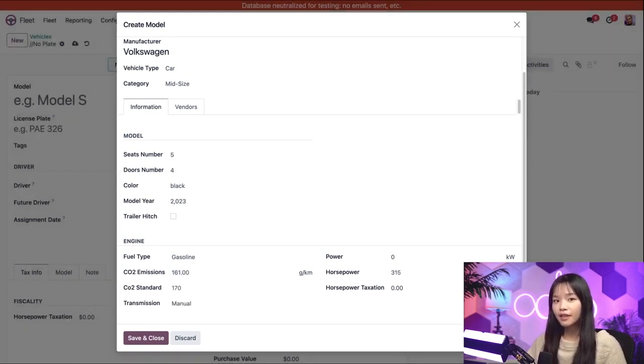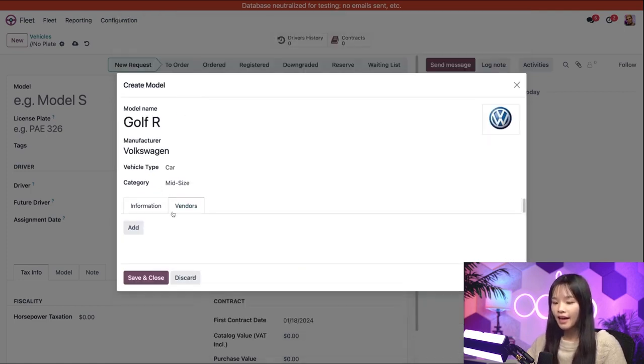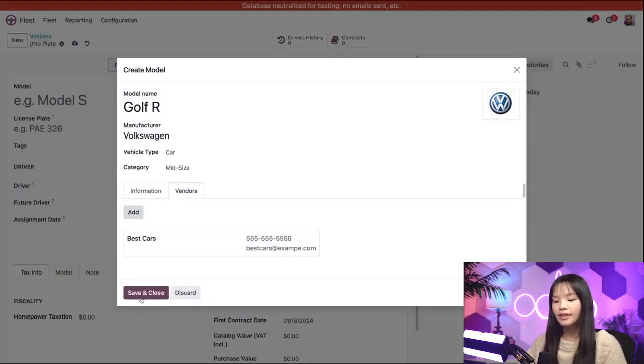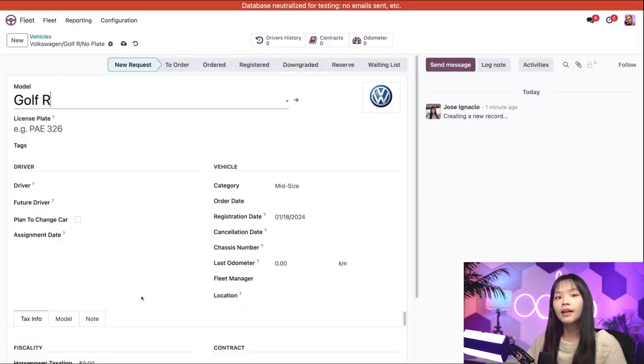So let's go to the Vendors tab and add who we bought this car from. Let's click Add and select Best Cars, a trusty dealership where we get all our vehicles from. Let's select it and hit Save and Close. Now let's fill out everything else we know about the car. We'll enter in our license plate, Odoo123,